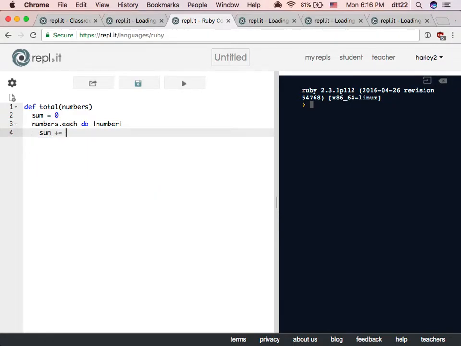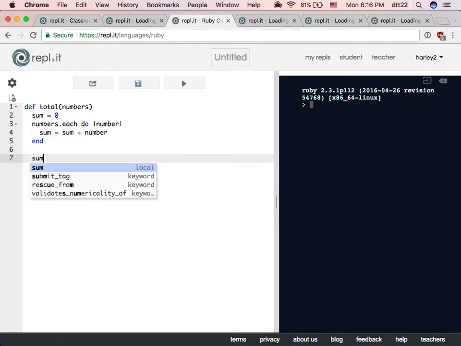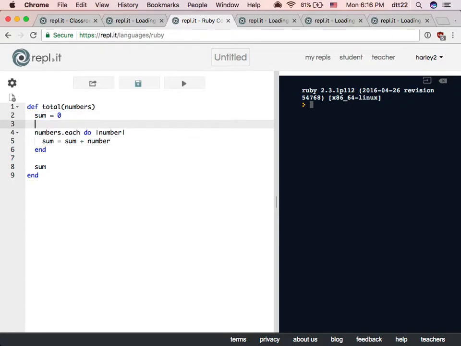Sum plus equal, or you can do sum equal sum plus number. There's a short way, but plus equal, you don't worry about that. And I return sum. Space, space, important. Space, space, easy to read, okay? Sometimes you want to declare some variables, you can add some space, right? So you can declare something else like, I don't know, result, or there may be another variable.